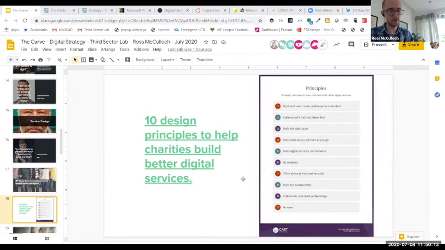And even if that's something as simple as a WhatsApp conversation or a counselling session on Zoom or Skype, how are you ensuring that it's private and secure? Number 8, build for sustainability. That's particularly important during COVID. Lots of you have shifted very rapidly into delivering digital services. How do you ensure that these are sustainable and for the long term and not just a kind of short-term flash in the pan? Number 9, collaborate and build partnerships.